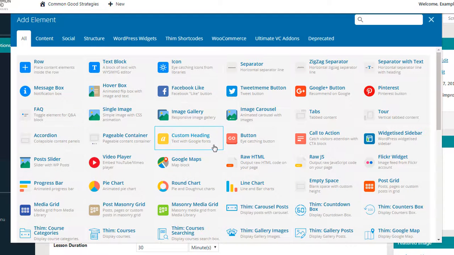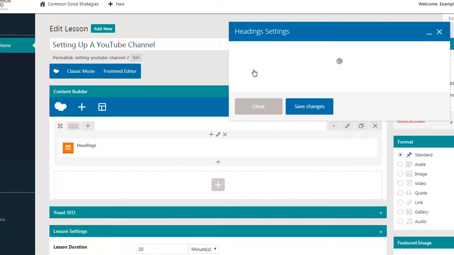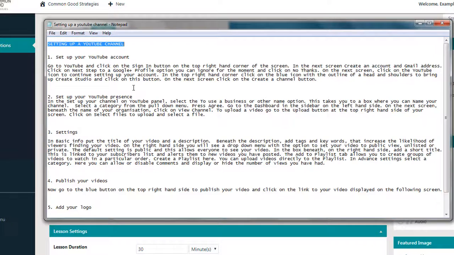We're going to add a heading. Now you can select this or you can look through the list, but the other option you have is you can type in heading at the top. As you can see, there's 4 different styles. We're going to choose the orange heading. I've already generated the content, so we're going to go over and